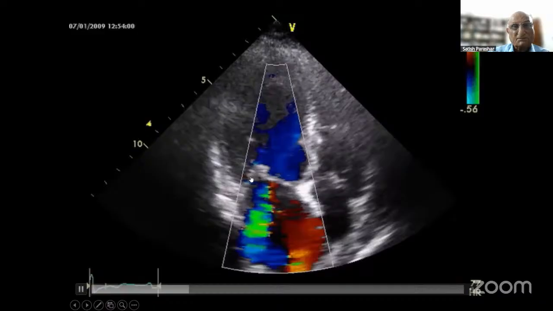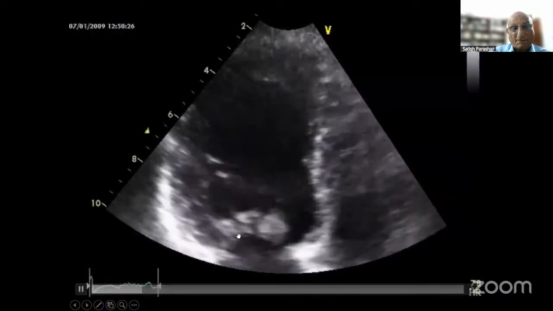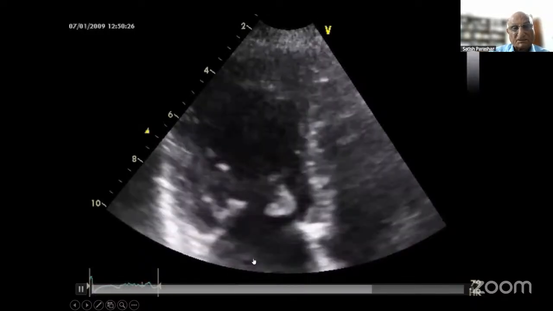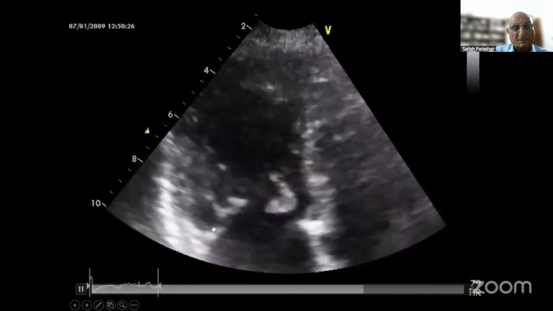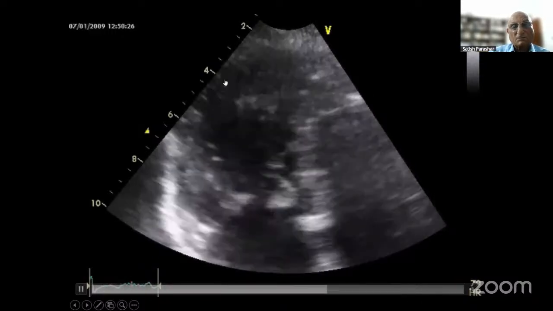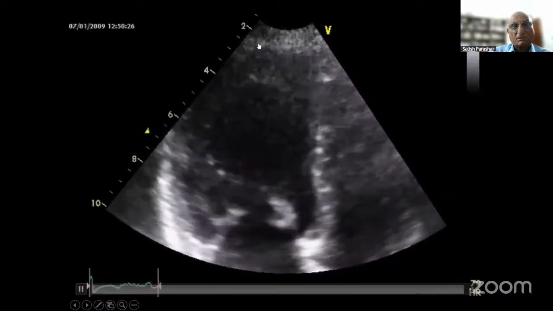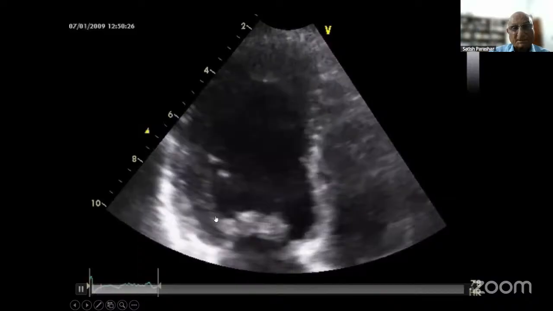But here you see what we found was that there is a marked fibrosis of the mitral leaflets. The posterior leaflet shows a very poor motion. There is an endocardial thickening, and the main thing was that there was a thrombus at the LV apex. So this gave us a hint that that was the thrombotic stage of the hypereosinophilic syndrome, and because that was